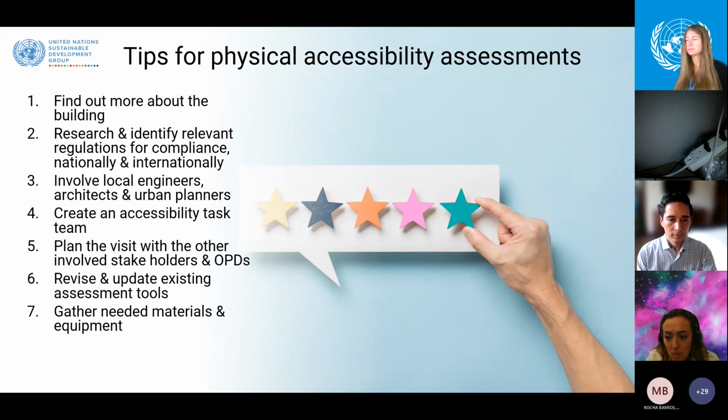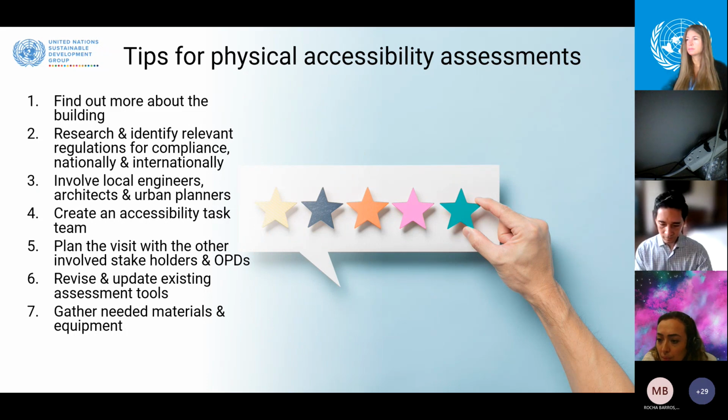And be sure to have more than one representative for each disability, because as you may know, persons with disabilities are not a homogeneous group. They vary, and they experience their disabilities differently. So two persons might have the same disability, but they have different levels of functionality.